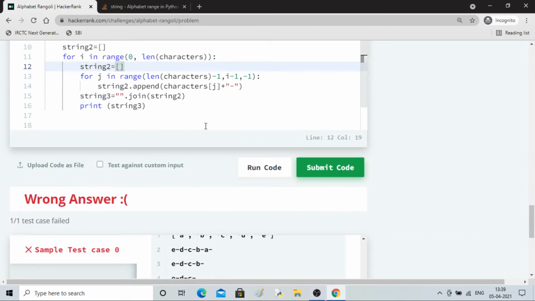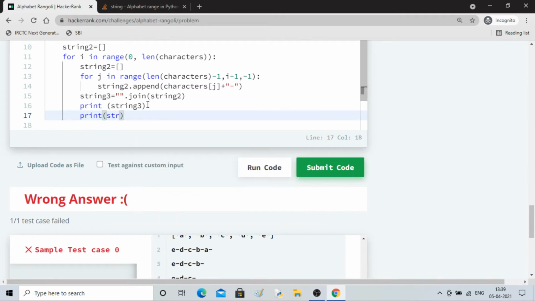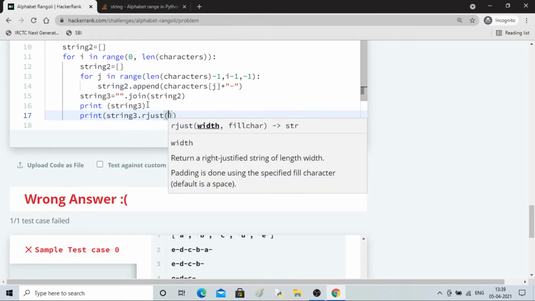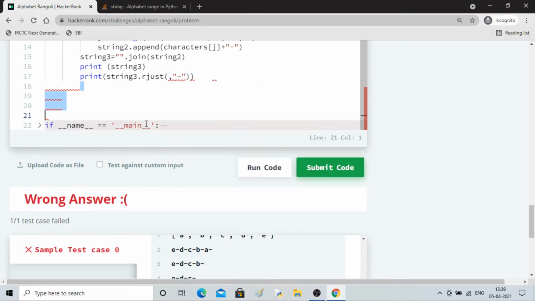So I can apply rjust to string 3. So let's print that and apply string 3 dot rjust, not append, and some width we have to apply, and our filling character will be dash.